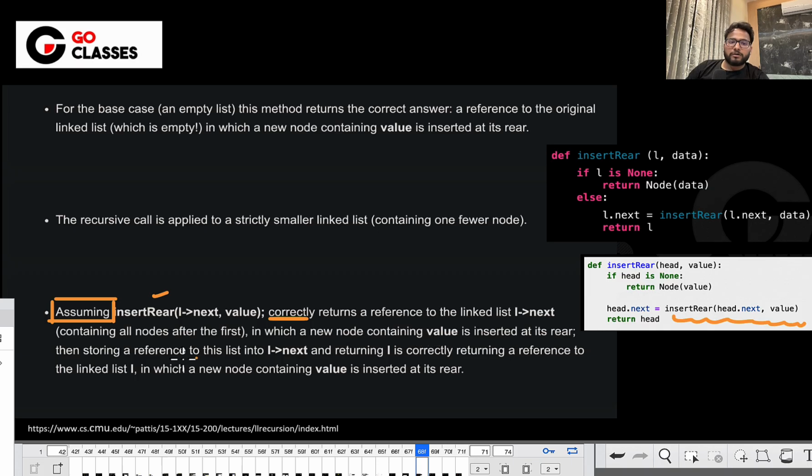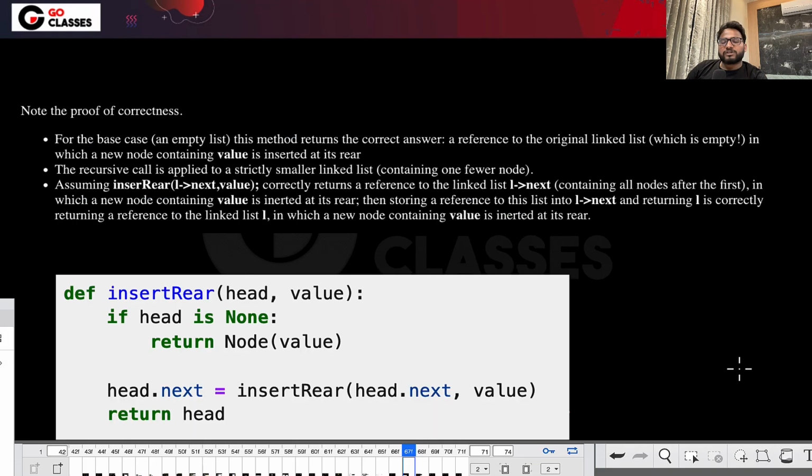A new node is inserted, and storing a reference to this is also working. Basically, you assume that if this is working, then the whole thing will work, right? And if the base case is working, then the whole thing will work. So the thing that I wanted to say here is that Gate will not ask you